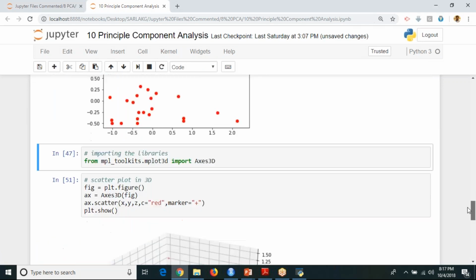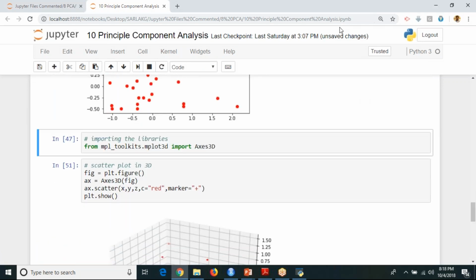Now, if you want to plot all the PC1, PC2, PC3 in 3D images, you can use this 3D. But in real time I have not used this till now, because generally using Python or RStudio we are not going to plot 3D images. Very rare cases you might use these 3D graphs, but generally when we do some reporting, people will do this in QlikView, QlikSense or Tableau or Microsoft Power BI.